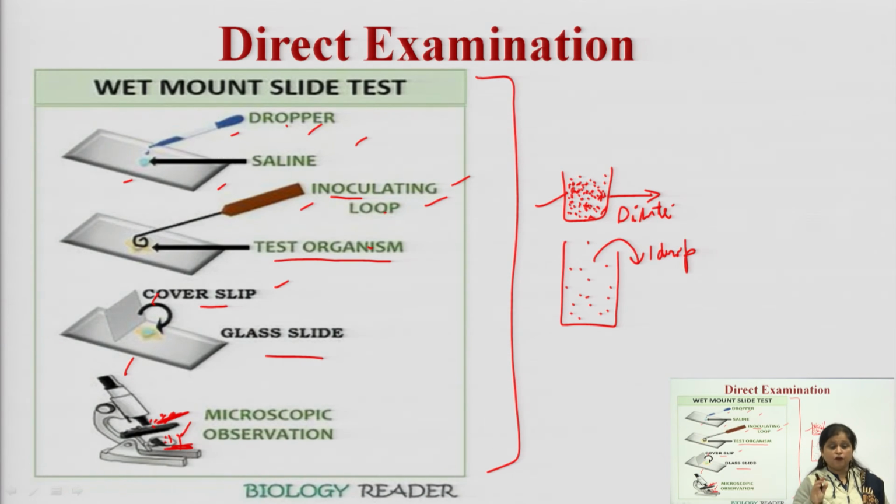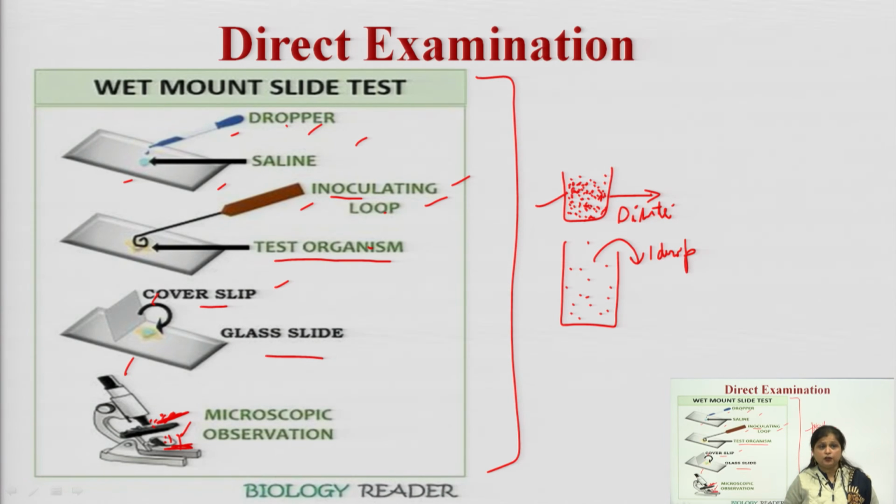The flame must be placed over the laminar airflow, within the aseptic room, so that we can sterilize time to time, even our inoculating loops or droppers, whatever we are going to use for the further practicals. So first we must have the flame. With the help of flame we will sterilize our inoculating loop, and let it cool for some time.